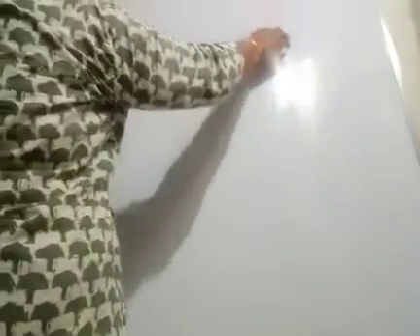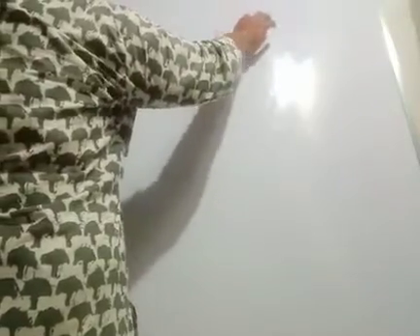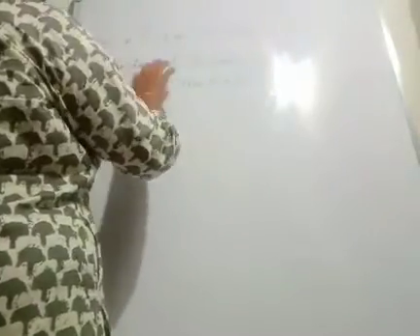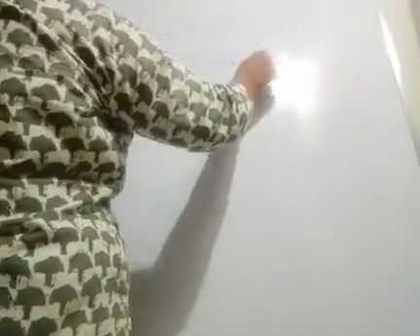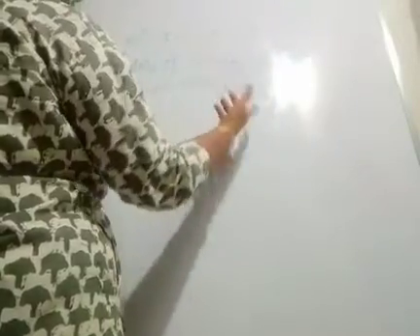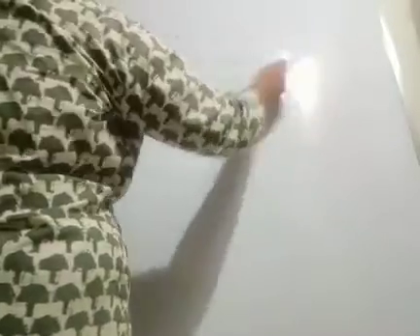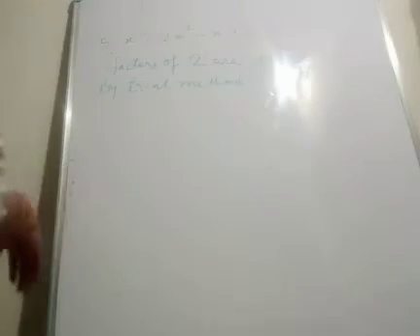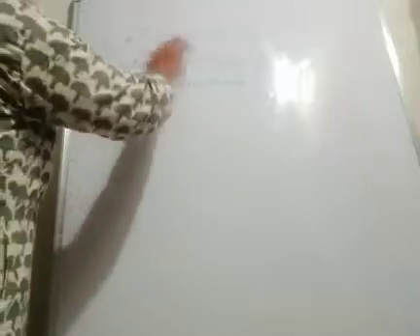You have to take the plus 2 and find the factors of plus 2. So factors of 2 are plus minus 1 and plus minus 2. By putting the value of x as plus 1, or x as minus 1, or x as plus 2, and x as minus 2, you have to find that if the value of the polynomial is 0, then only we can say that that number gives a factor of this polynomial.